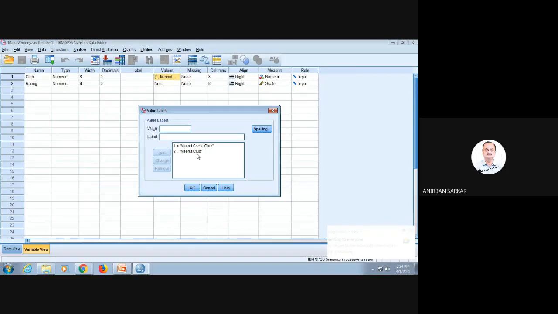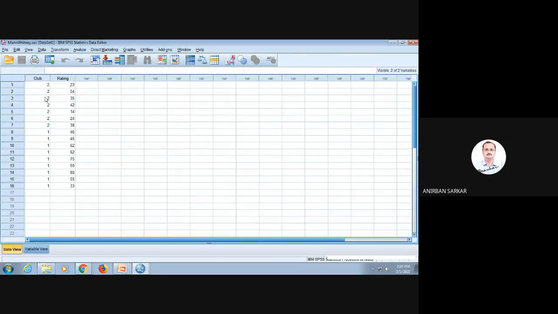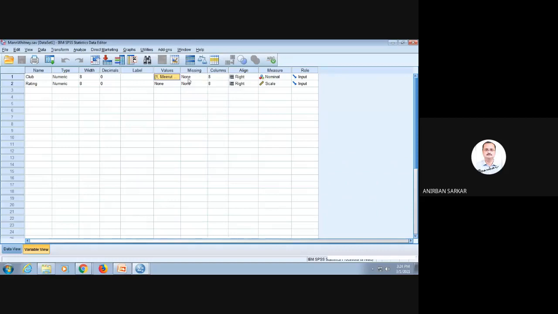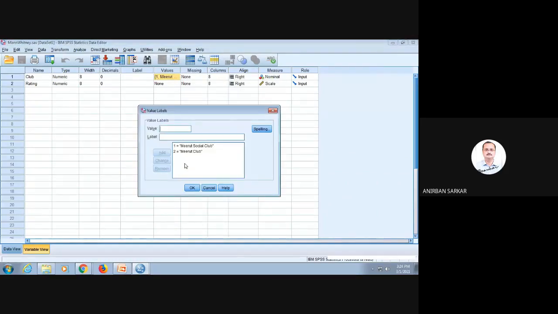Let us remove this and rename it. Let us put value as 1, and we will put 1 as Valley Social Club.